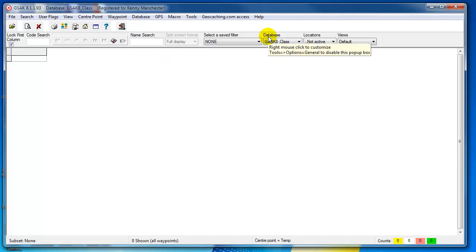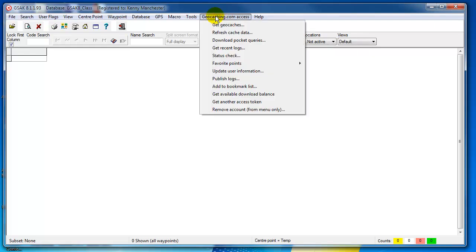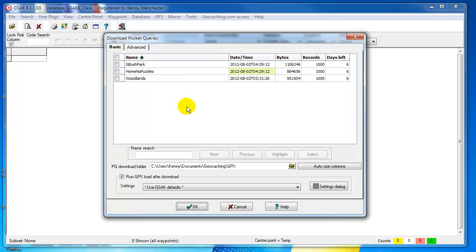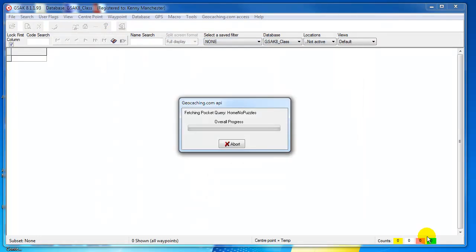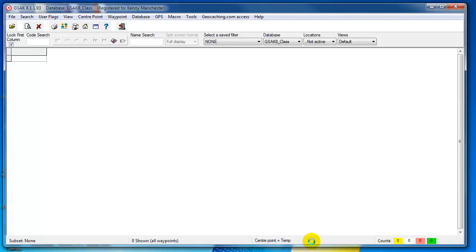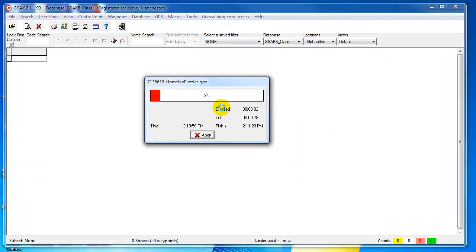The final thing that we'd like you to do at this stage of the game is then go back to geocaching.com access, download Pocket Queries, and you should see from video number 1 where we asked you to run a pocket query for the class, download one or more of those pocket queries here and to your default database right into the screen. And when you click OK, you'll get a window that tells you it's fetching the pocket query. And once it gets that zip file downloaded, it will unwrap it, which is what it's doing here. It is unpacking that file, and